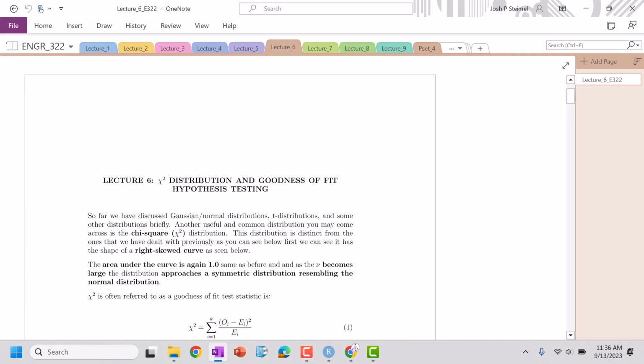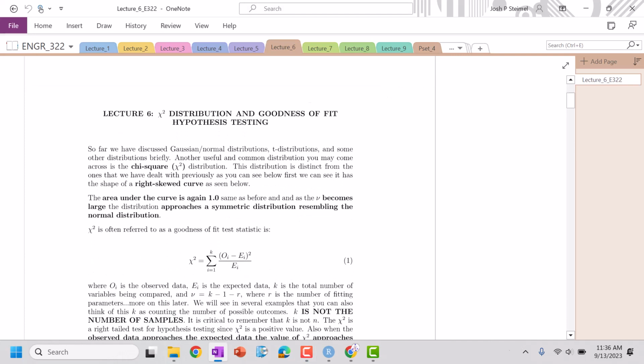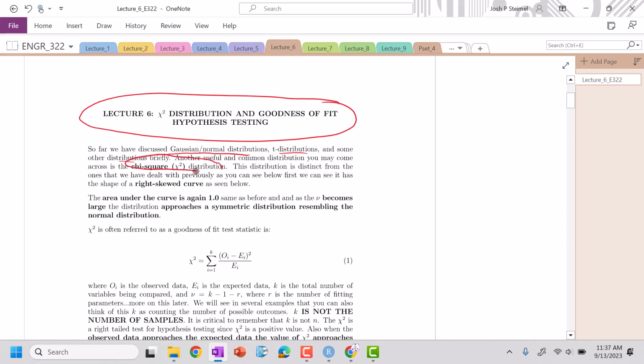Hi everyone, we are back and we are about to go through our lecture 6, chi-square distribution and goodness of fit tests, goodness of fit hypothesis testing. So we've discussed Gaussian normal distributions, t-distributions, other distributions. One of the other distributions we're going to encounter now and a little bit later on in this course is